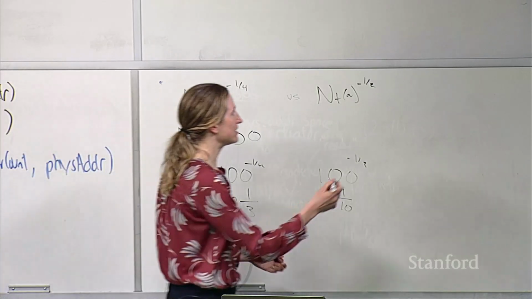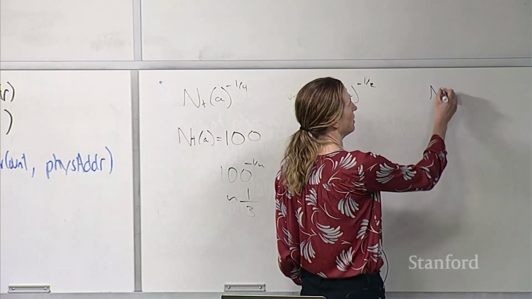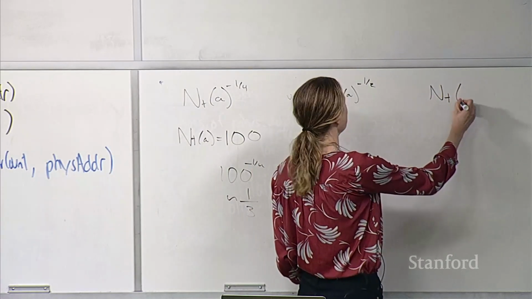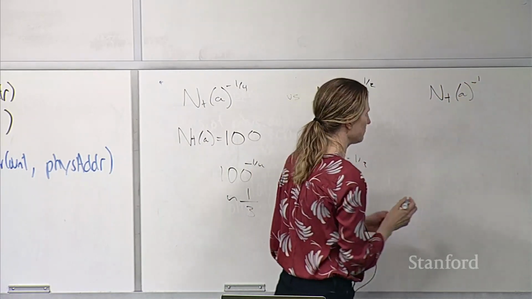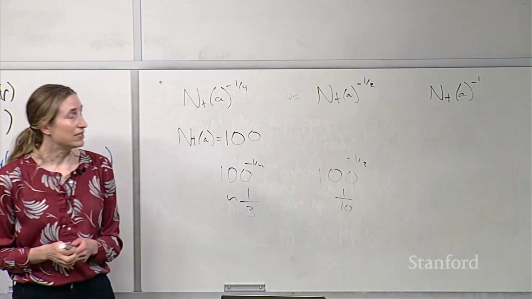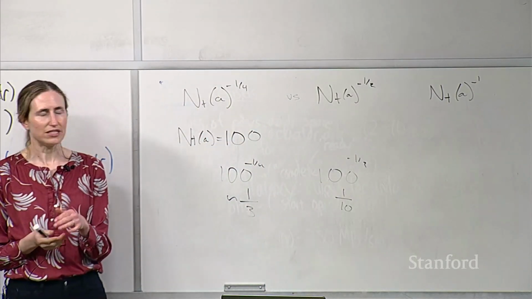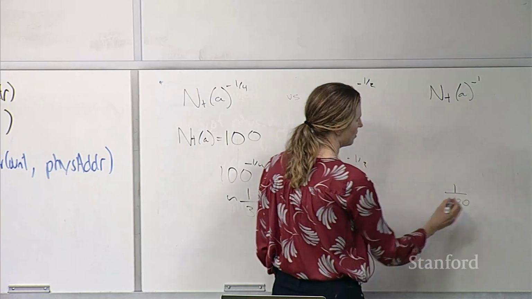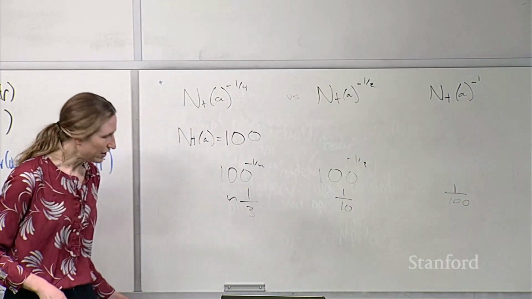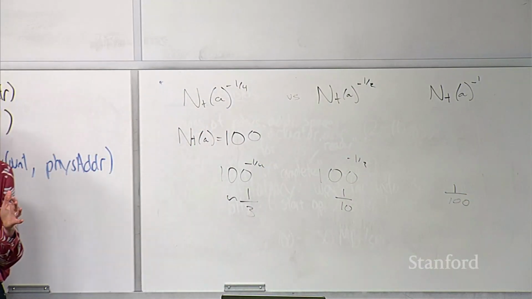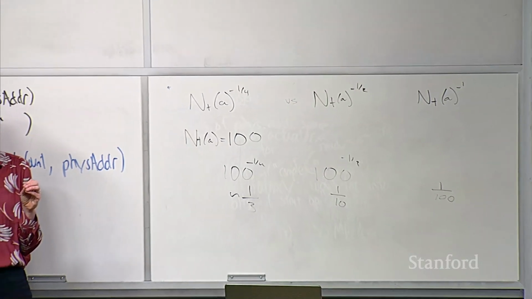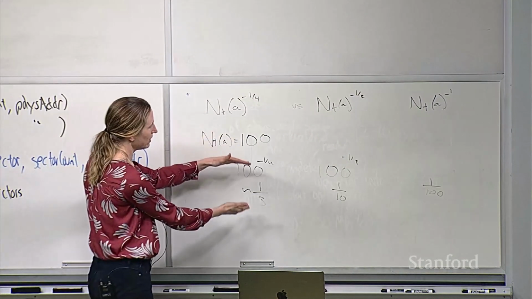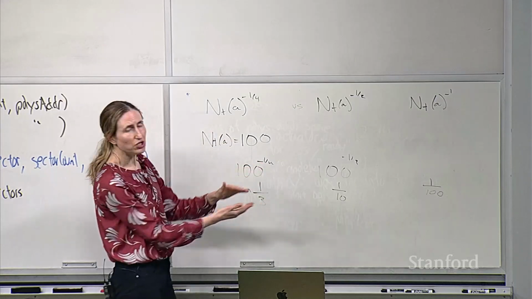Another thing you might see often as a bonus term, DeepMind often uses this in particular for some of their algorithms, is to the minus 1. So that's a faster rate. Then that one would be 1 over 100. You can think of these as trading off different amounts of how much exploration you're going to get, because this is saying how quickly you are collapsing your confidence interval as you have more